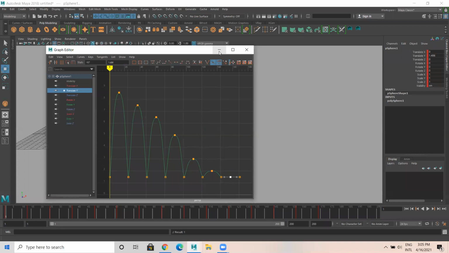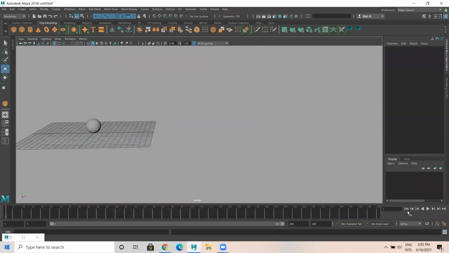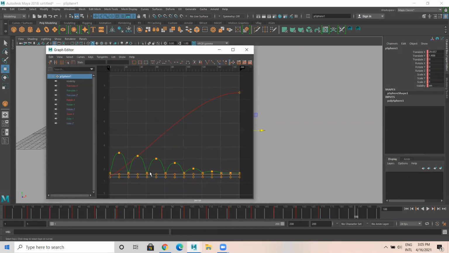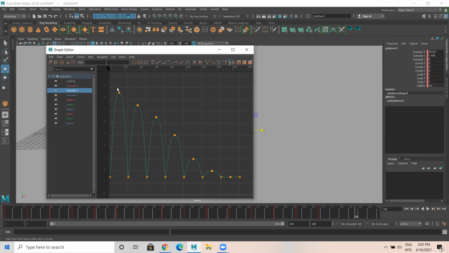Okay, so what happens now is the same movement is there here also. So now I select this, I go to graph, I'll select translate Y. See, this and this we have given weighted tangent. Let weight be there, but I don't want weight here.